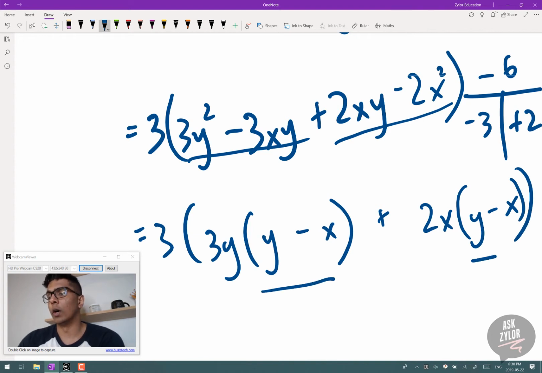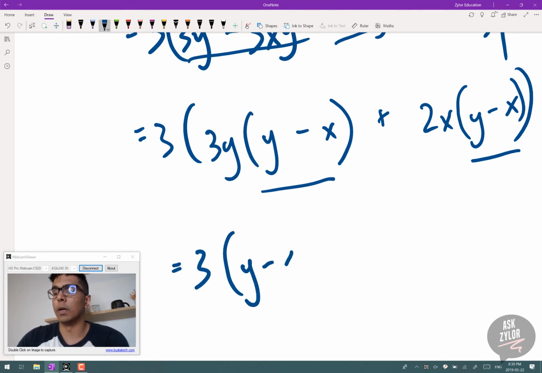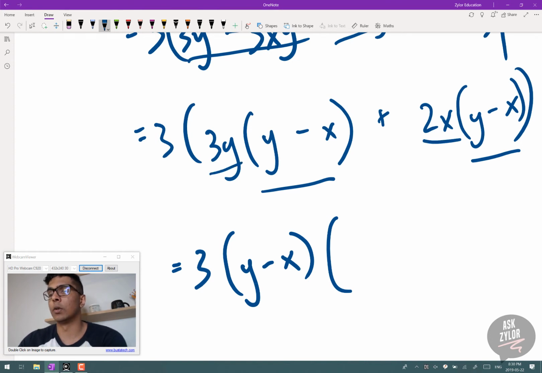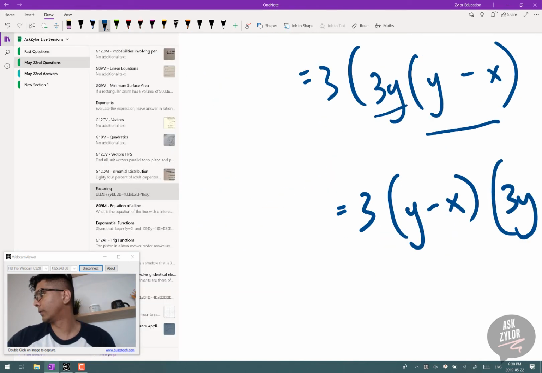And notice how y minus x is in both the terms, so I can factor that out fully. So this gives me 3y minus x, and the remaining bracket would be whatever the common factor was. So I have 3y and 2x, so I have 3y plus 2x as my second factor. Okay,